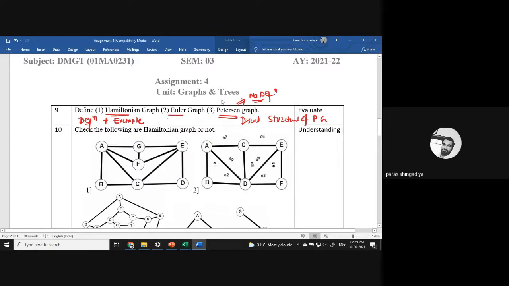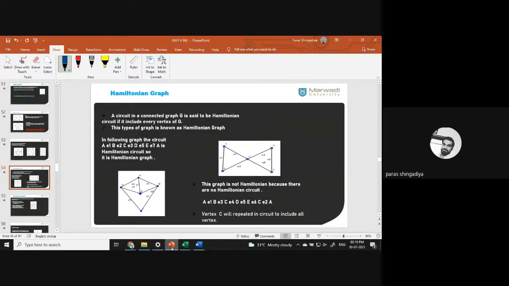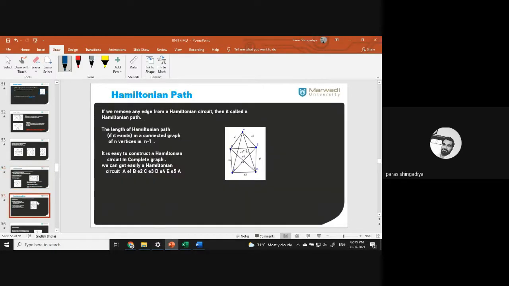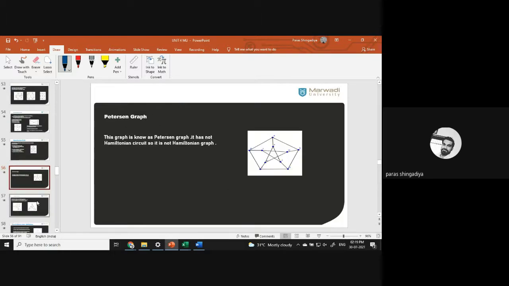Clear? And the third one is the Petersen graph. So we have only one structure of the Petersen graph. There is no definition of the Petersen graph. Just 1 minute. This one. Okay, that is the graph of Petersen. Consider 5 vertices outside and 5 vertices inside. Make a pentagon using these 5 vertices and create a star on the inside. Then connect the endpoints. That is known as the Petersen graph design. Clear?